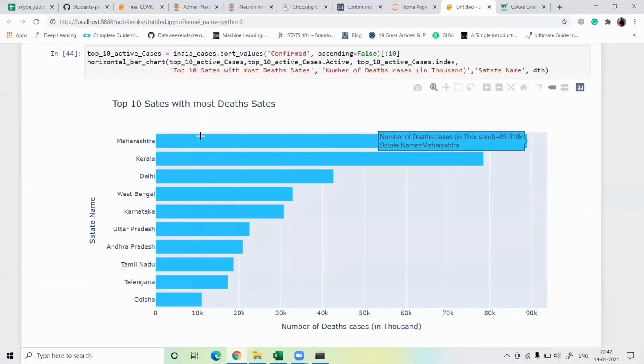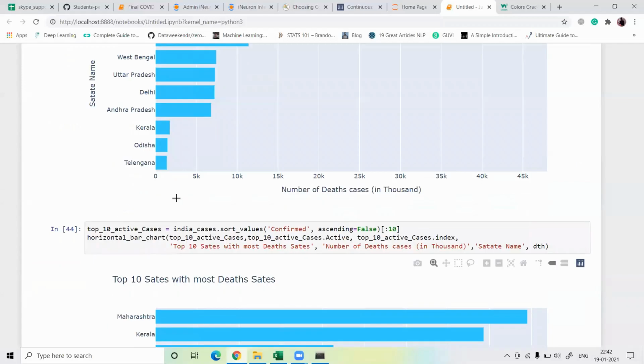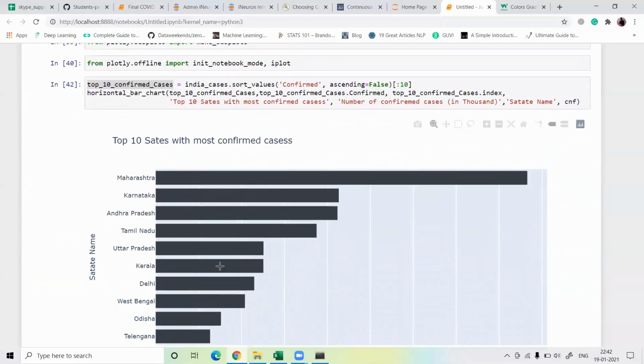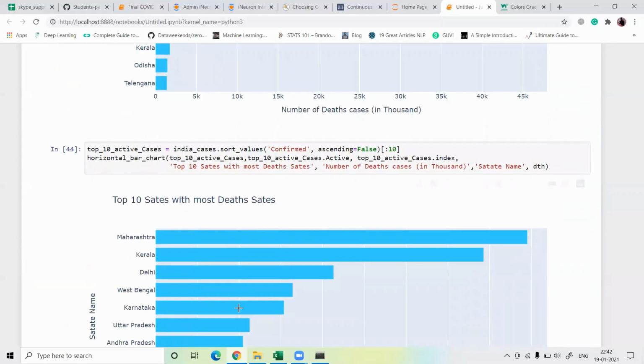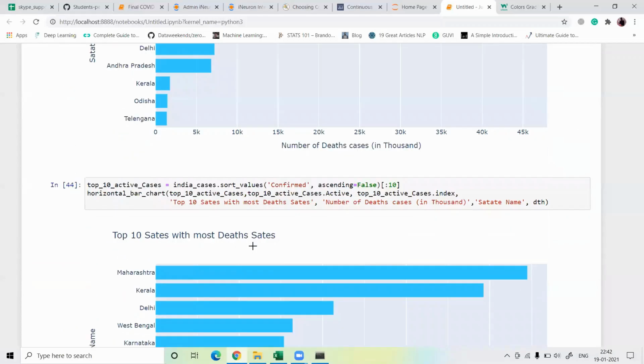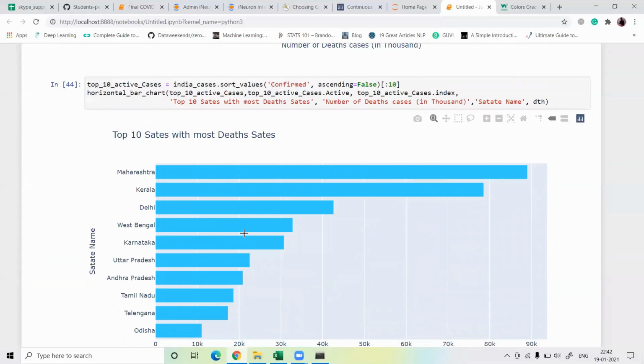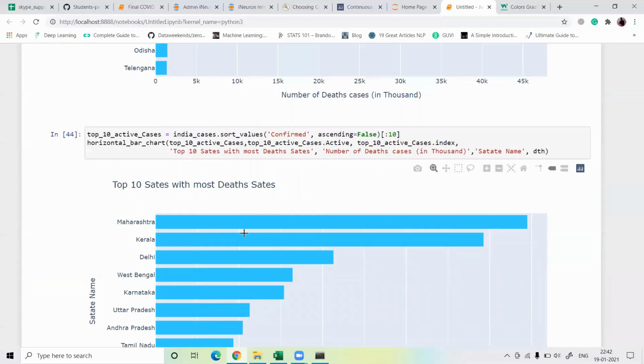Most of the active cases are in Maharashtra, second in Kerala, then Delhi, then West Bengal, and so on. So first we checked the confirmed cases, then the most death cases, and then the most active cases, guys. So these are the visualizations.